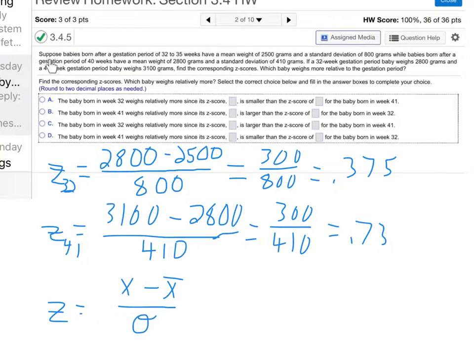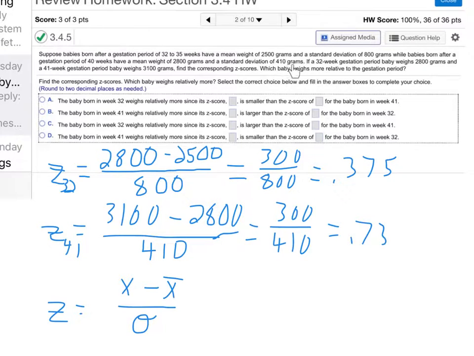So up here, you have a baby born in the 32 to 35 week range, and the mean weight for babies born during that time is 2,500 grams with a standard deviation of 800 grams. While a baby born after a period of 40 weeks has a mean weight of 2,800 grams and a standard